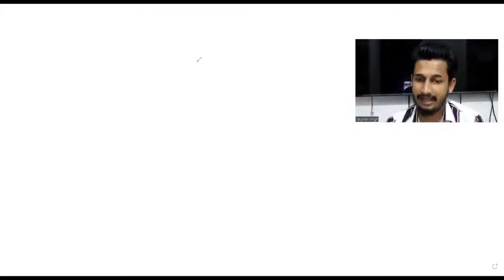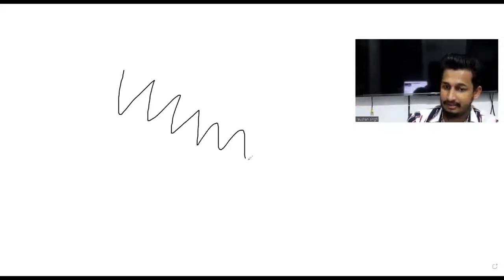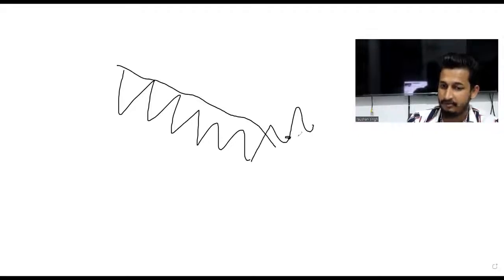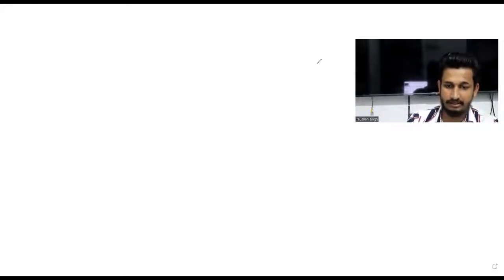Apart from this, we just need to find the stocks which are in downtrend, right? And the logic remains the same. If the breakout is coming, we will go for the buy side. So right now, let's say there is a stock which may give us